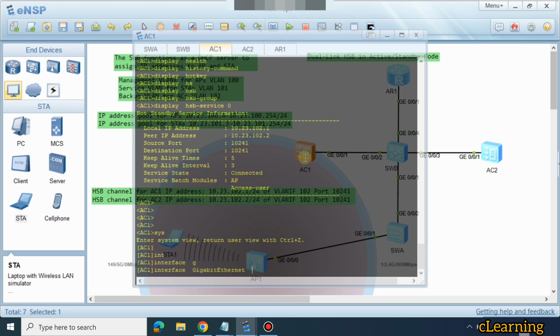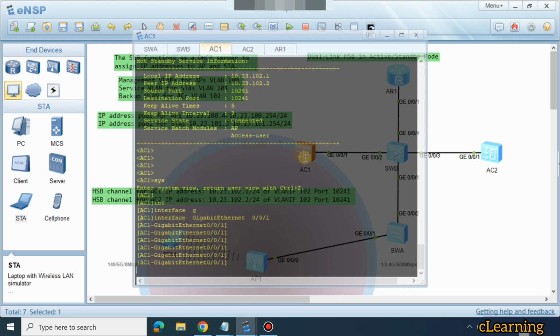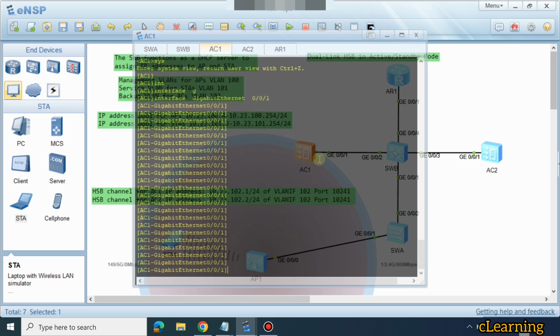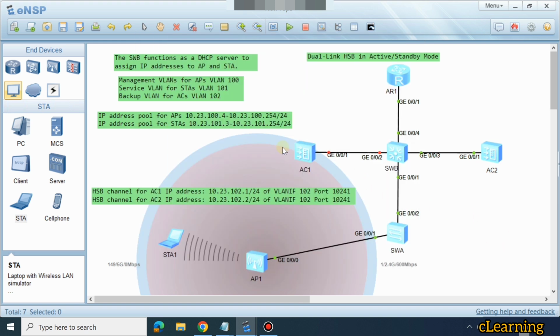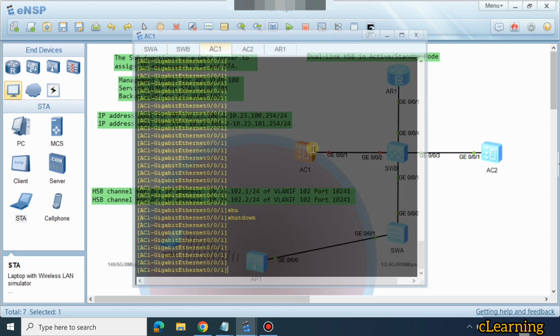In case this AP goes down, we'll shut this interface and disconnect this AP. Shut. So we shut this AP. Now this AP has been shut. So our active AP has been shut. Our primary backup AP will take all the service. So all this service is running through AP2. If you run this command again,